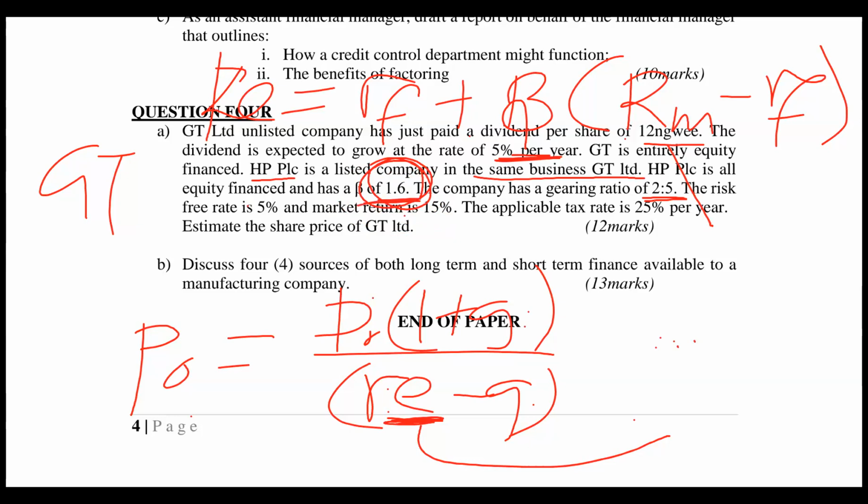So we need the beta to use here. The point is that we need the beta for our company, the GT company. That beta will help us to find the cost of equity so that we can proceed to find the share price. So how can we find